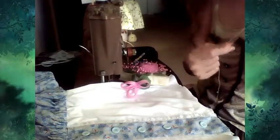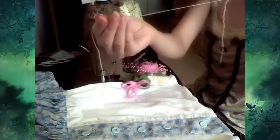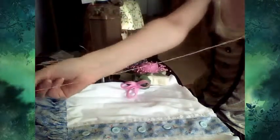Yay! So, let's see, I'm trying to figure out how to put this in the camera all the way. You don't double it up, so one side of the thread ends there and the other one is way longer all the way down here. I can show you a super sneaky way to put a knot at the end. Here's the needle end. I'm putting this end over here so I don't lose it. This is the unneedled end. You can tie this in a knot,